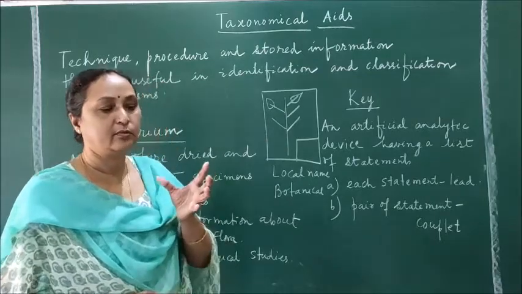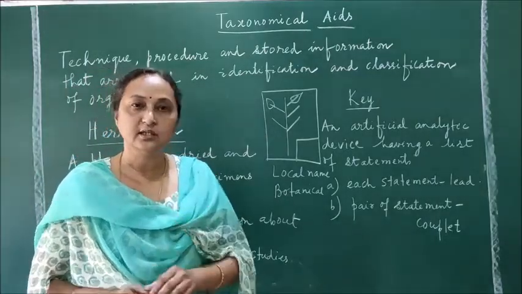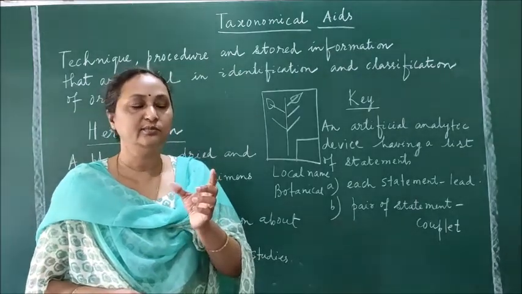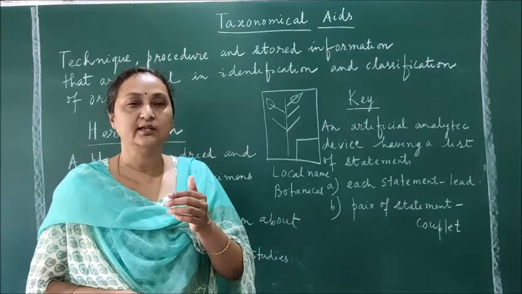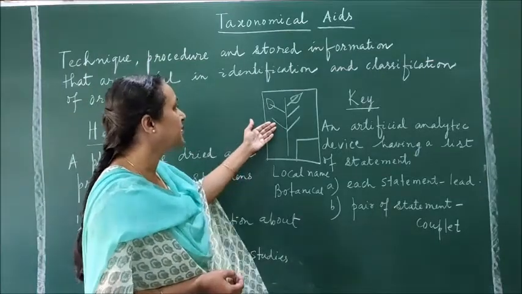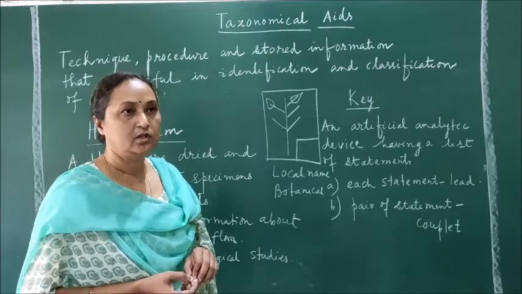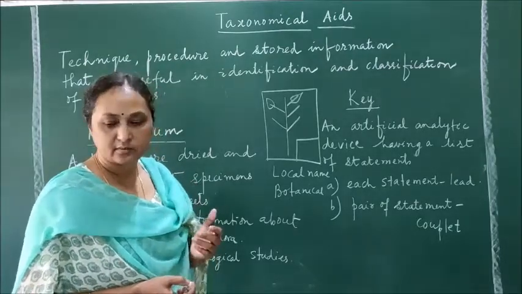So why is it made up of blotting paper? So that the blotting paper can soak the water which is there in the plants. Because if water is there, then automatically the plant will be infected with fungus or other kinds of organisms and it can decay. So to preserve the plants properly, the moisture which is there in the plants should be removed, so that the dry specimen can be preserved for a long period of time.